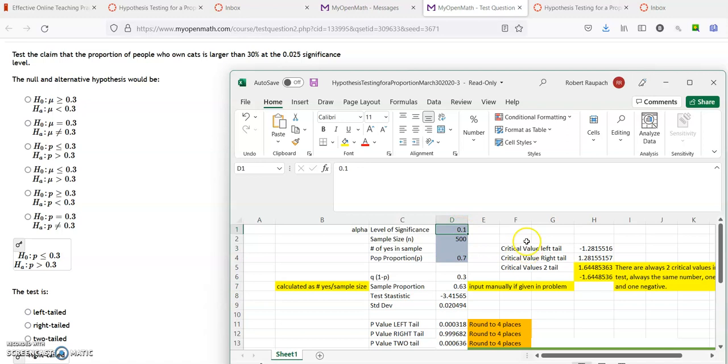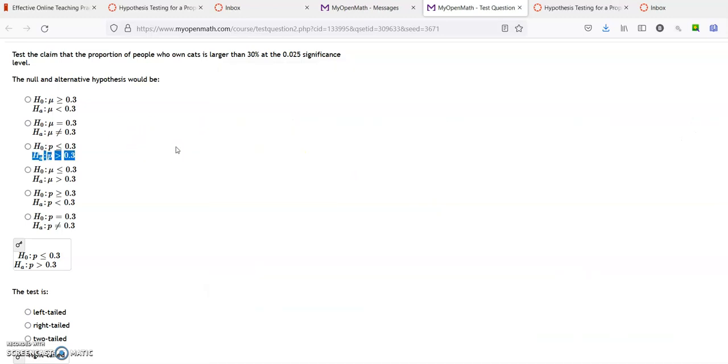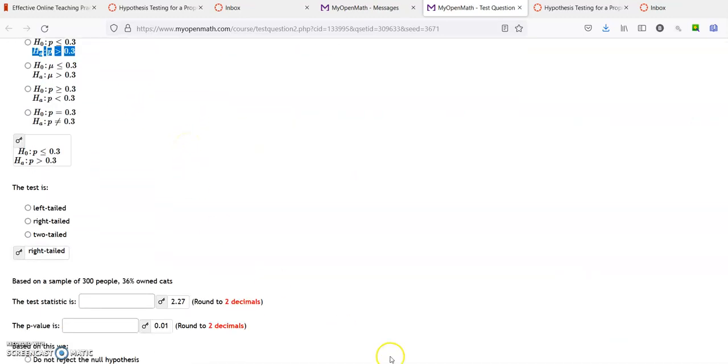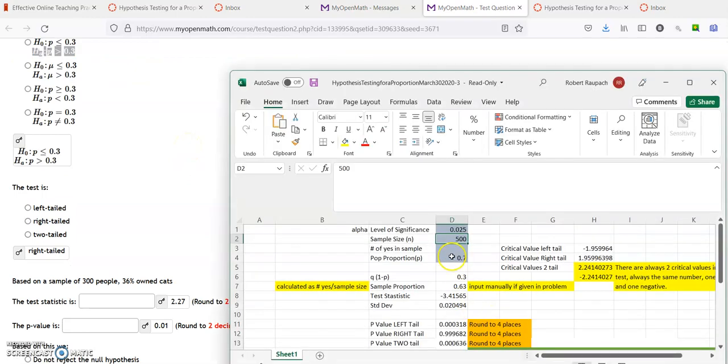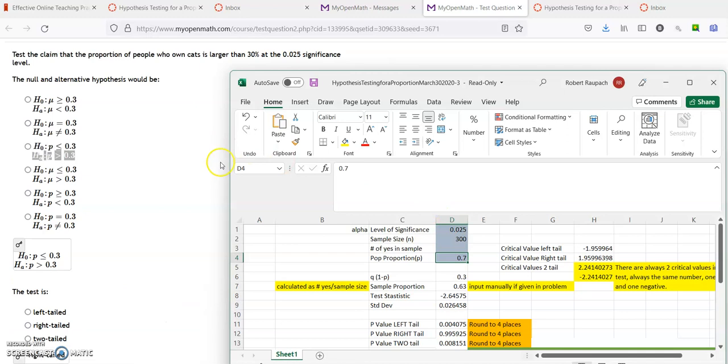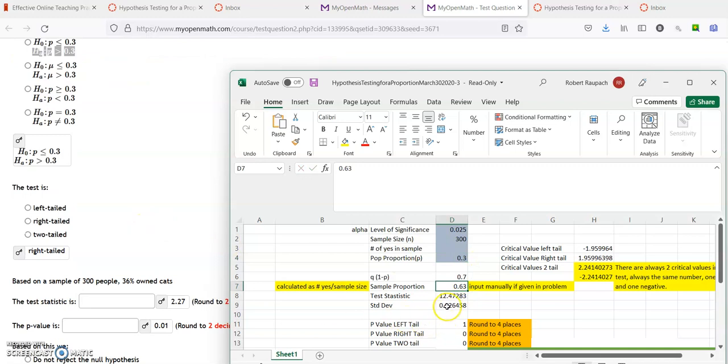So the level of significance is 0.025. The sample size is 300. There it is down there. Number of yeses blank, you don't need it. Population proportion is 0.3. And the sample proportion, which is given here, is 0.36. Okay? And since it's a right-tailed test,